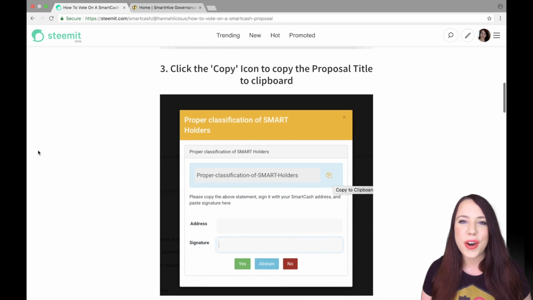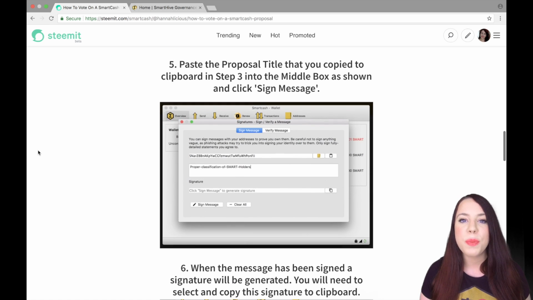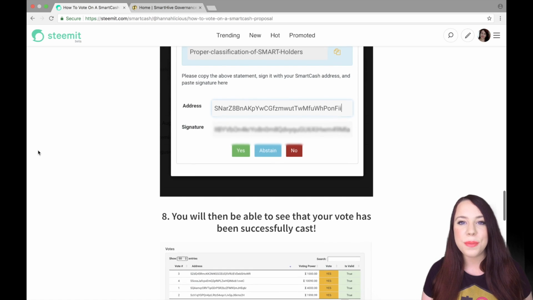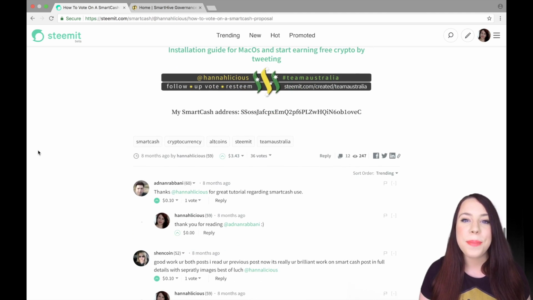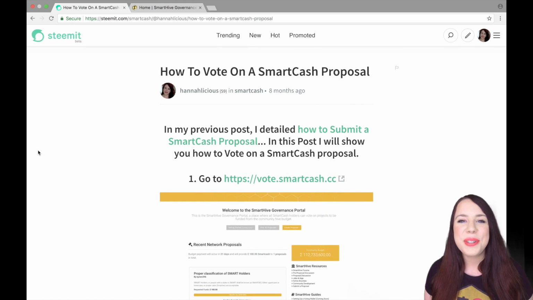My favorite feature of SmartCash is the ability for anyone to submit their ideas as proposals to the community treasury, and for everyone in the SmartCash community having the ability to vote as to whether those proposals should get funded. Now, I'm not going to spend too much time today talking about how the Smart Hive works